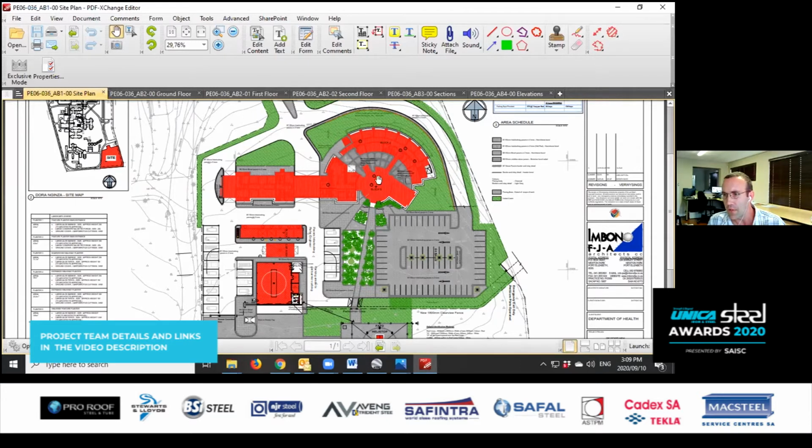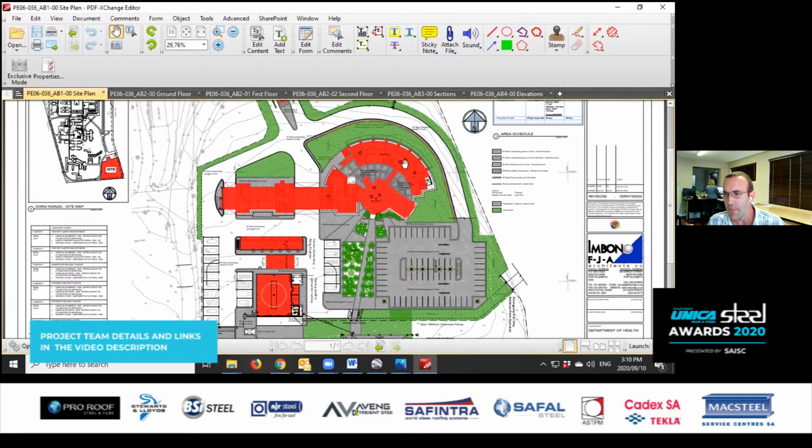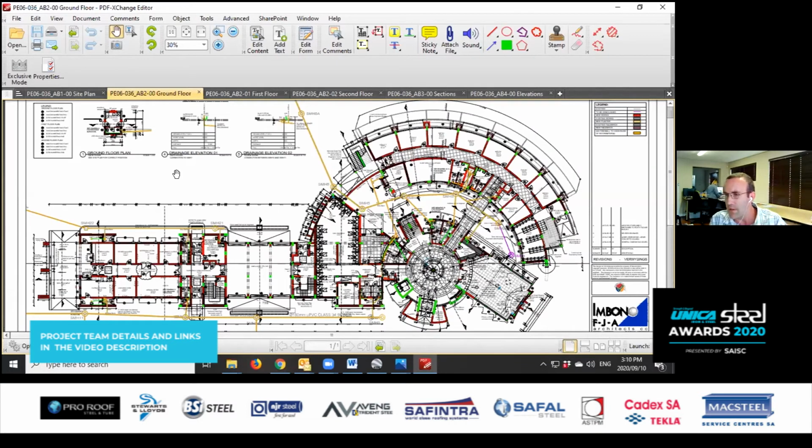You've got here your atrium space, admin entrance area. You've got some more public spaces here in terms of conference venues and a boardroom. And the front portion here is basically just your admin office spaces. So if we just go to a ground floor plan, there you can basically see, obviously, the colors represent the